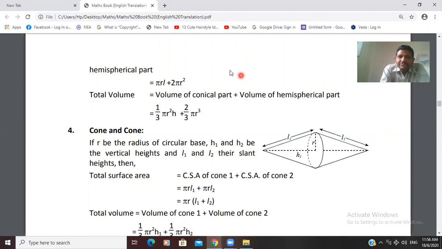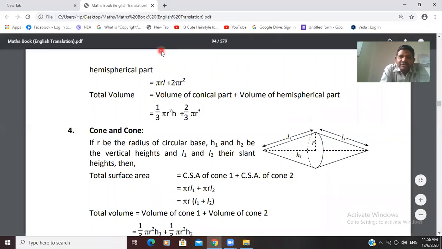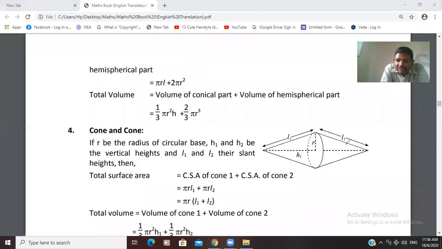Here it will be L2. It is written L1, but actually it will be L2. I am making a correction here. This will be taken as L2, and this is taken as H1, H2. Okay,